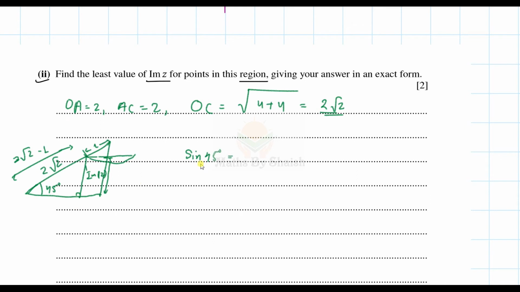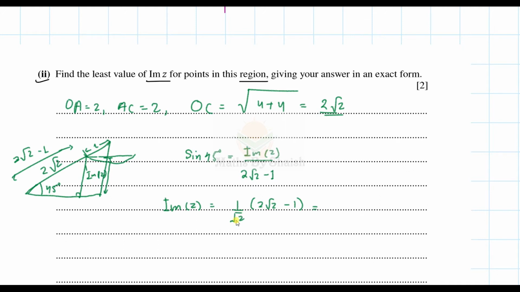So sine 45 equals imaginary z over the hypotenuse, and the hypotenuse is 2 root 2 minus 1, and hence imaginary of z is equal to sine 45 times this, and sine 45 is 1 over root 2 into this 2 root 2 minus 1, and we'll do the